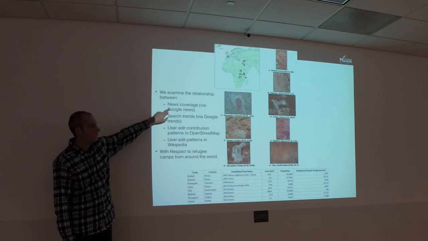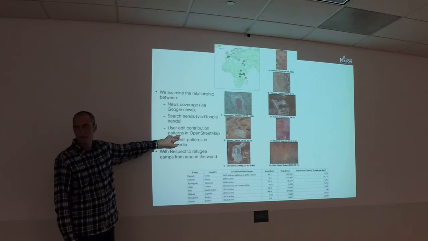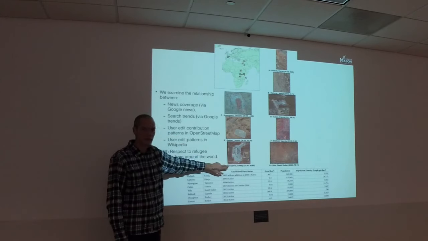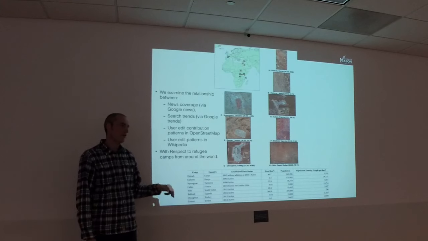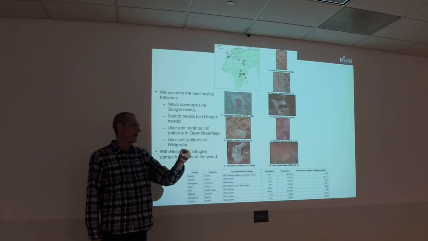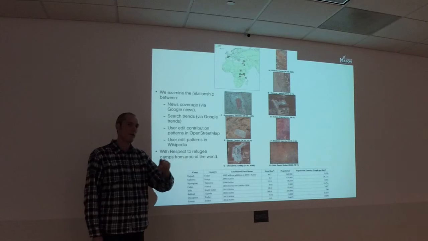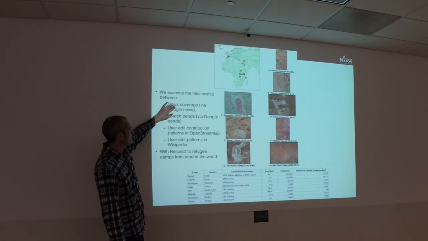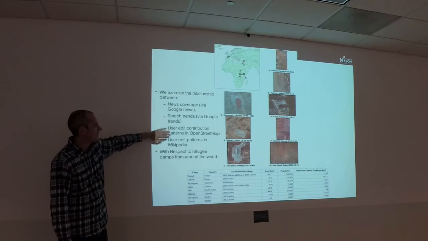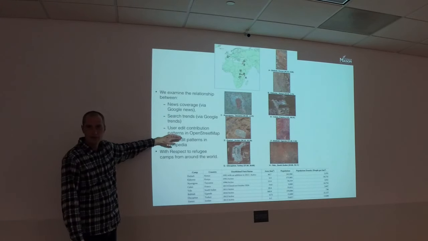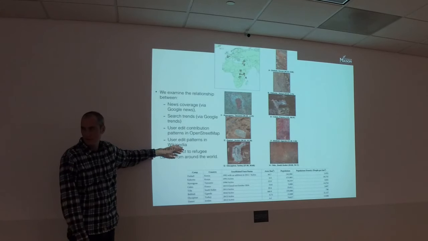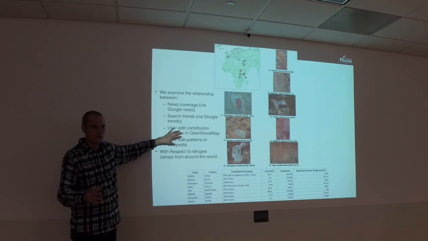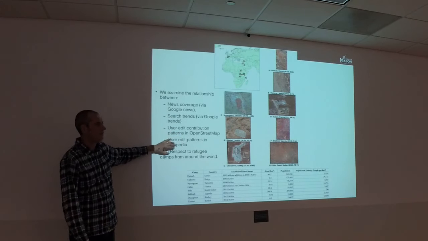So the question is, does news cause people to edit? If you hear about Calais or Oknar in Turkey in the news, you wonder where that place is. Does that mean you go online and edit the Wikipedia page, or edit the map? We're trying to understand the relationship between news, search trends, and edit patterns in OpenStreetMap and in a less geographical source, Wikipedia. Both of these have change logs, so we can mine the changes. We're trying to understand digital activism.